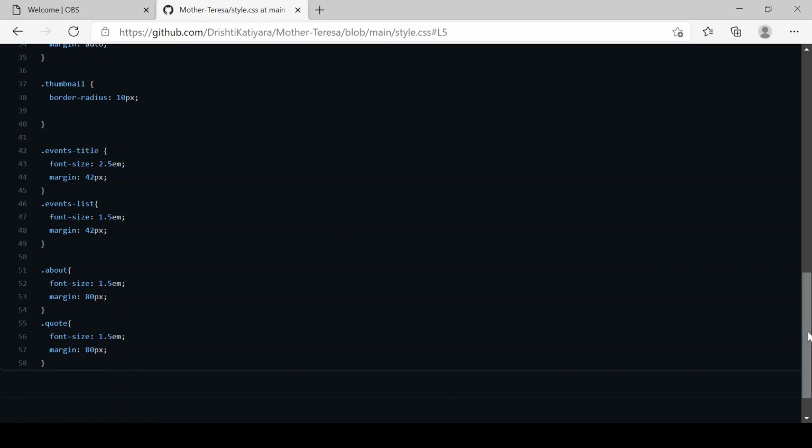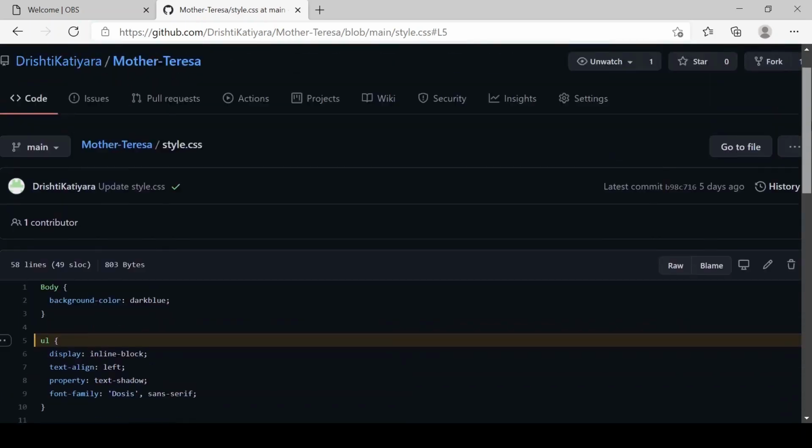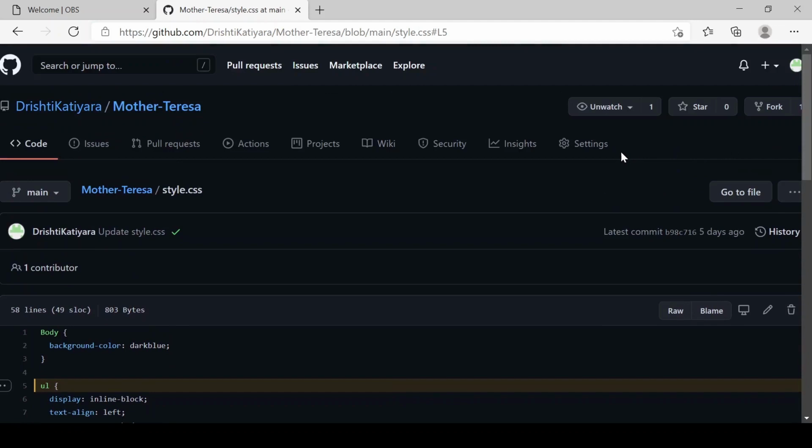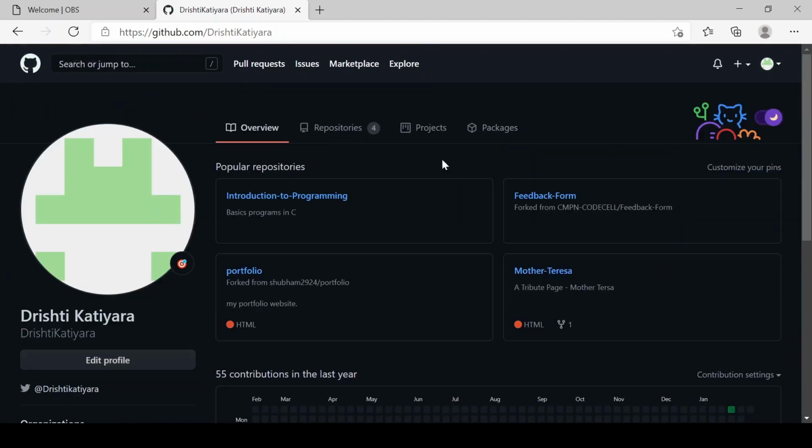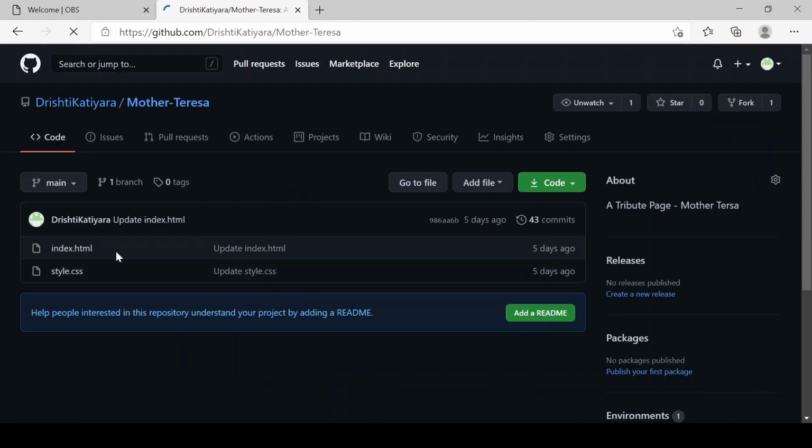So now, I would show you how to host the web pages using GitHub. I have created a repository named Mother Teresa, which is basically developed using HTML, and we have created code for HTML as well as CSS. Now we need to link both of the codes.